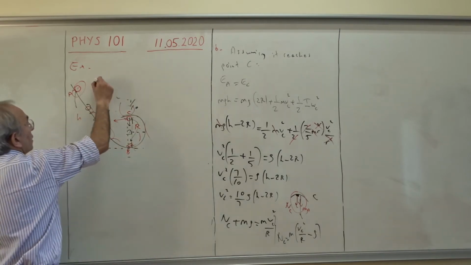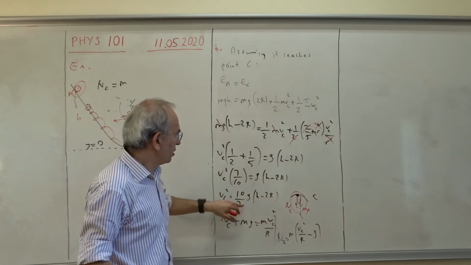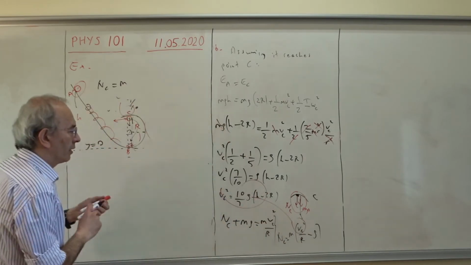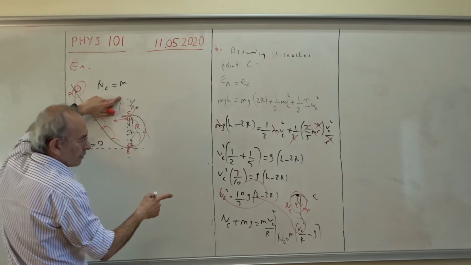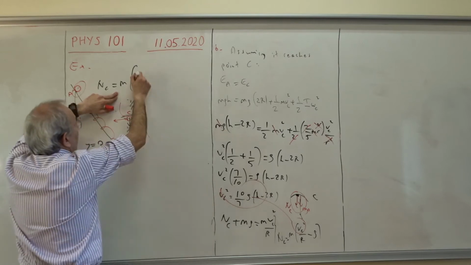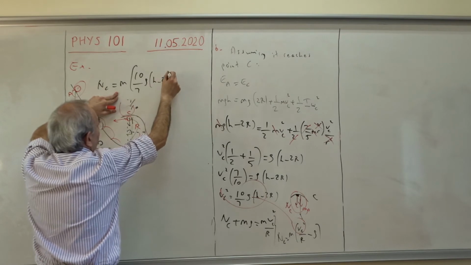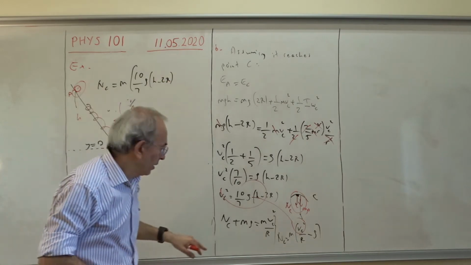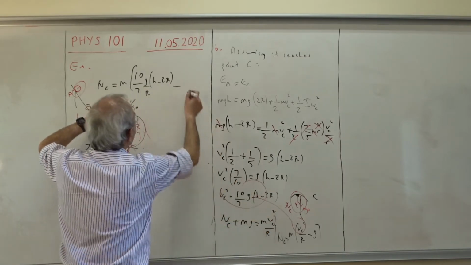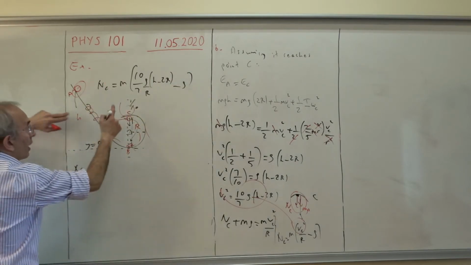Alright, Nc is just m vc squared over R. Vc squared is here. So this VC squared will be placed here. So m times VC squared over R. VC squared is 10 over 7 g times h minus 2R, whole thing over R, minus only mg. So we can take this g outside. Let's complete here. m times g